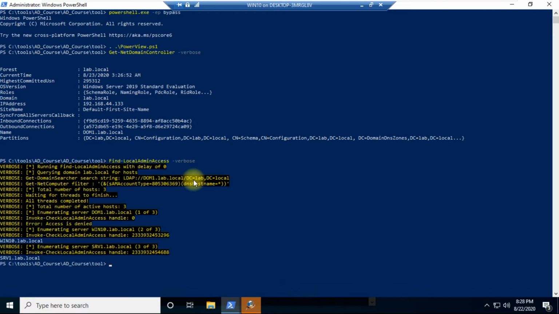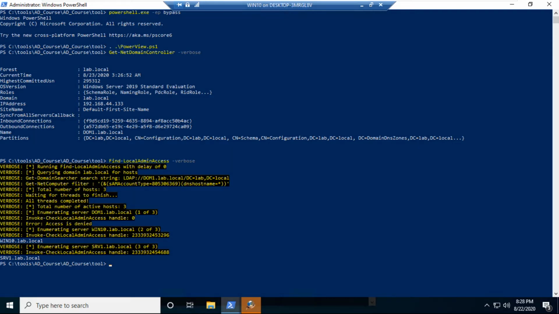You can see that Win10 is the system on which we already have local administrator rights, and one more system, srv1.lab.local. So we can proceed further with that. As we already have local administrator rights, there is no need to waste more time. We simply have to fire this command.